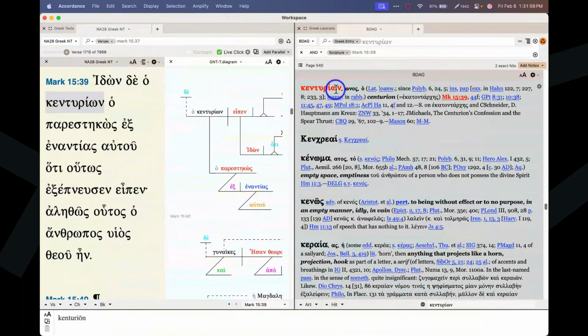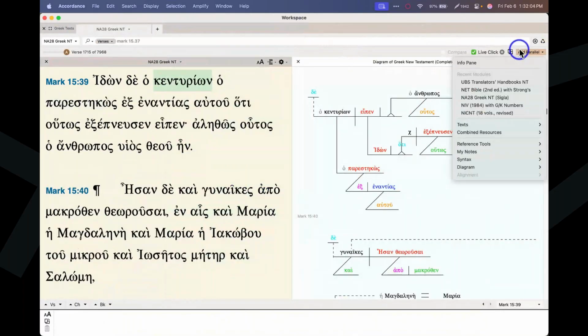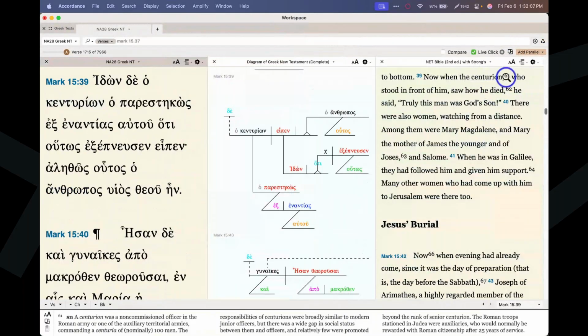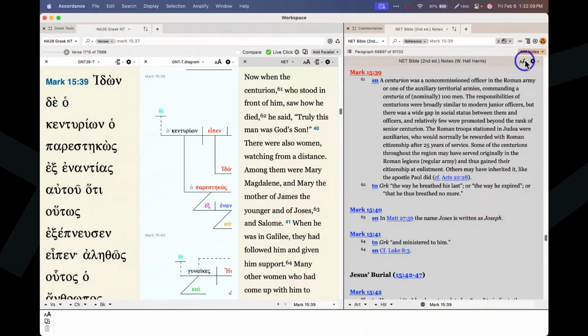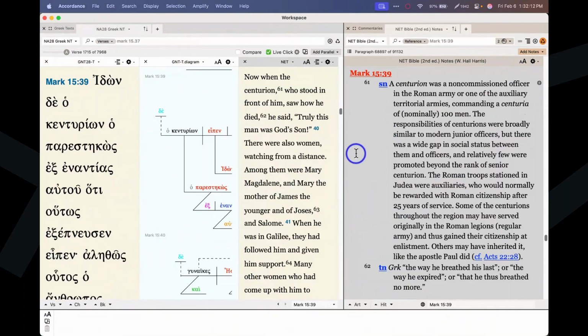But in BDAG, we get just centurion. But if we were to start to look at study Bibles or even just the New English Translation notes, here we get some information, and your commentaries can give you more about how the armies were organized. You could spend a whole afternoon on the structure of the Roman army, but we get here that this is commanding a centuria of nominally 100 men. So there could be 105, there could be 120, there could be 90, but it's about 100 men, and that's the size. And so you've got the responsibilities here, and again, you could spend a lot more time researching this,